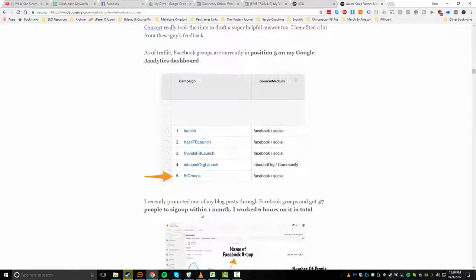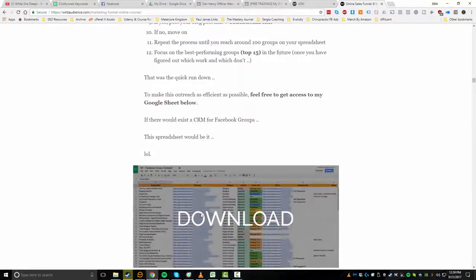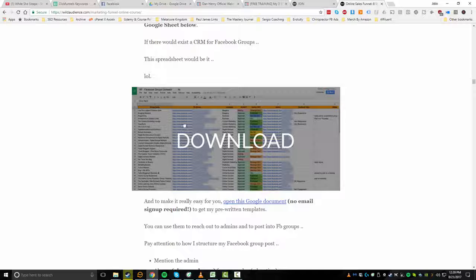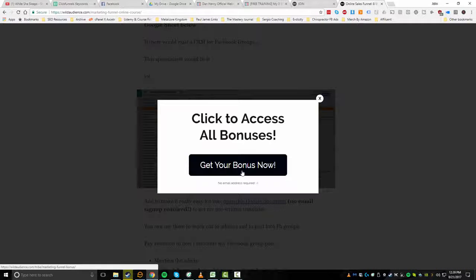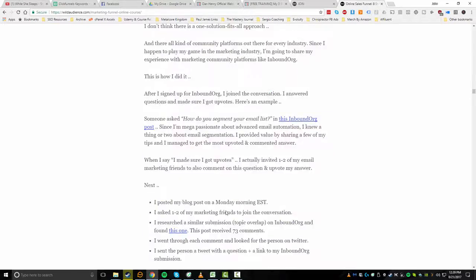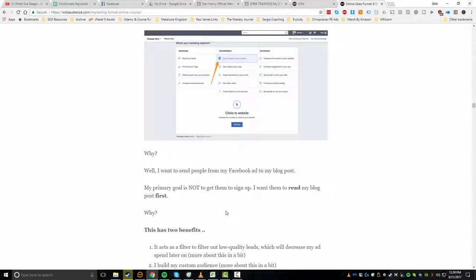So for example, he starts talking about using Facebook groups to promote. And you can see here he's got a screenshot, but if you click on download, the only way to get access is to, actually he says no email with this one. I think this one you can get right away. But as you go through a lot of this, he'll do these content upgrades and he'll give you more and